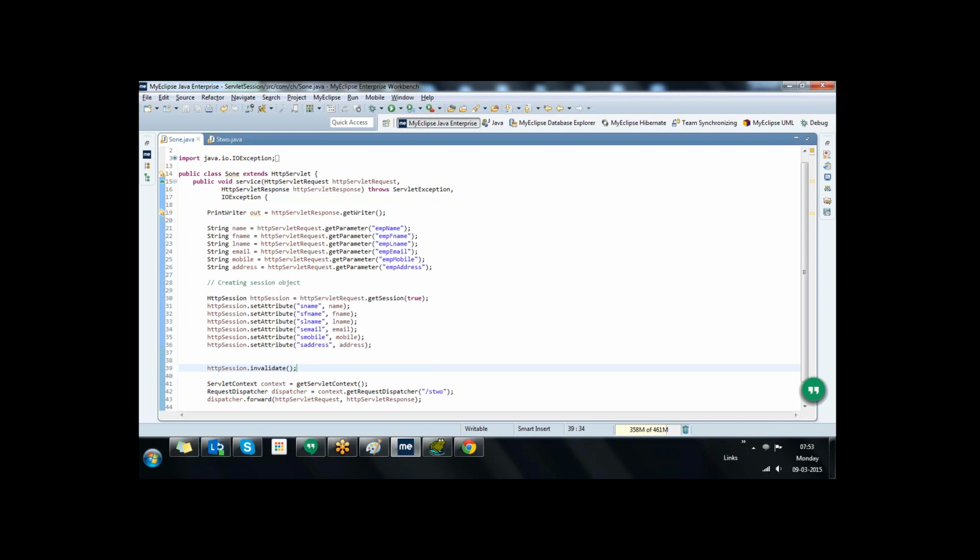So for clear, how to remove the session? By using the invalidate method, I can remove it. The web container keeps track of when the session object was last used. If the session object is not used for a time period,